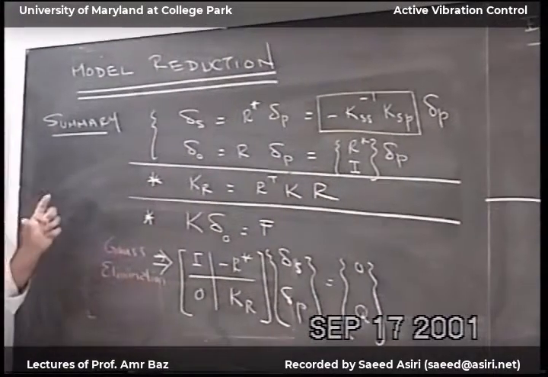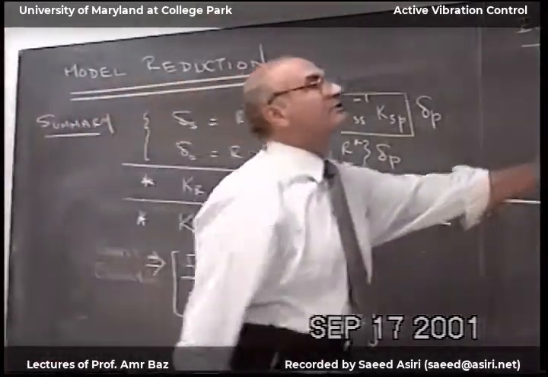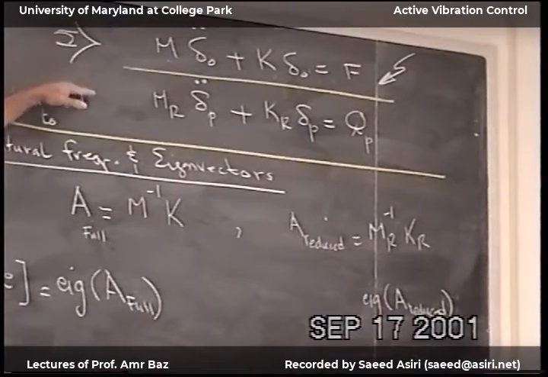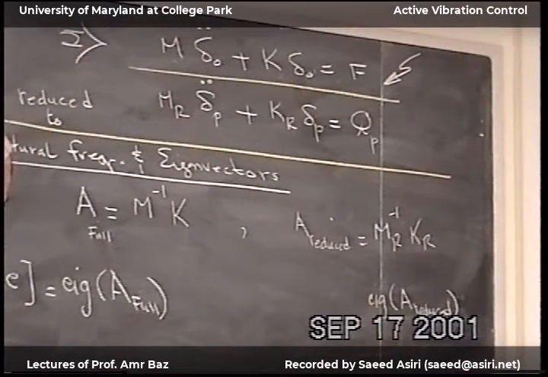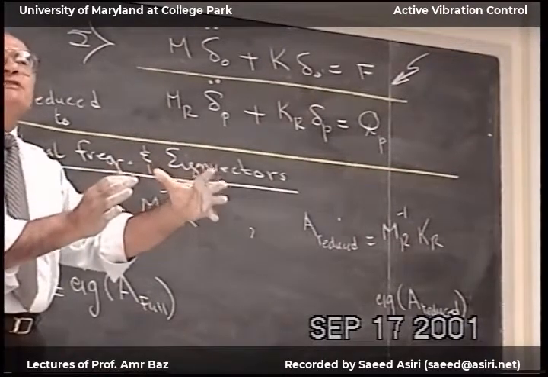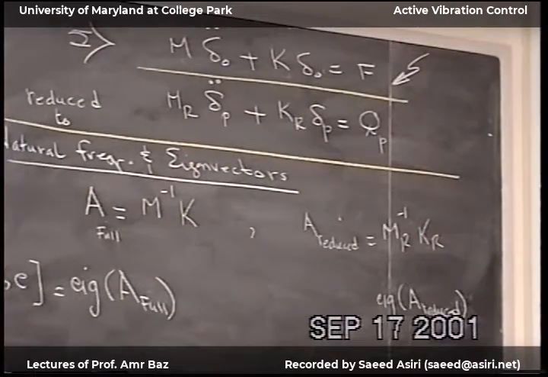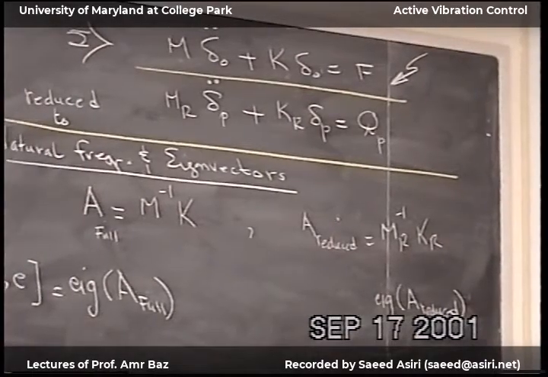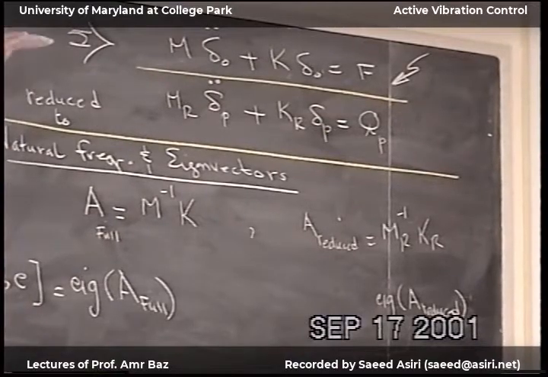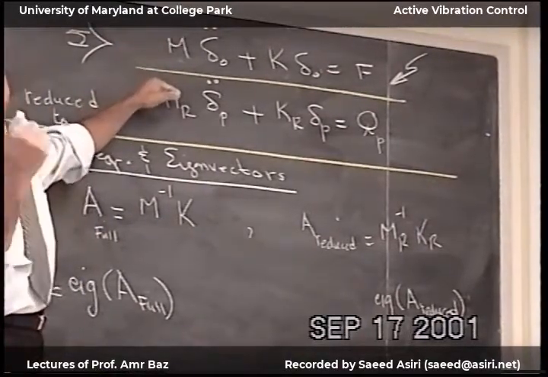Nothing is for free. The best thing is to work with this system, because everything is here. Once you reduce the order, then you will have some problems, as you will see. But for the low frequencies, everything is captured correctly. The high frequencies, you have distortions in them. Okay? So the name of the game is, you have a complicated dynamic system, you reduce the order for the control